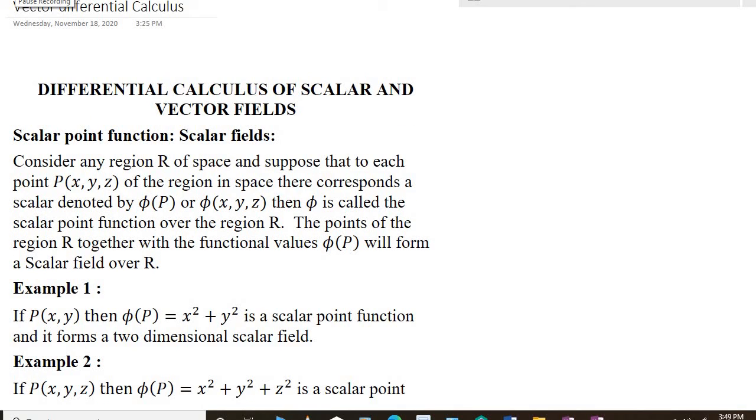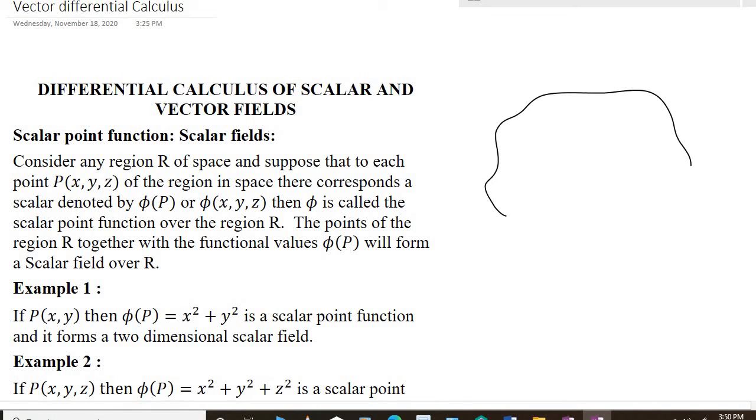The title of the chapter is Differential Calculus of Scalar and Vector Fields. First of all, I want to define scalar point function and scalar fields. Consider any region capital R in space and suppose that to each point P of x, y, z of the